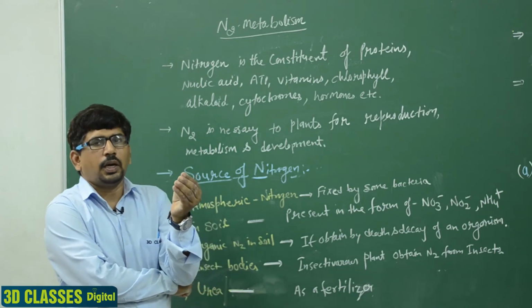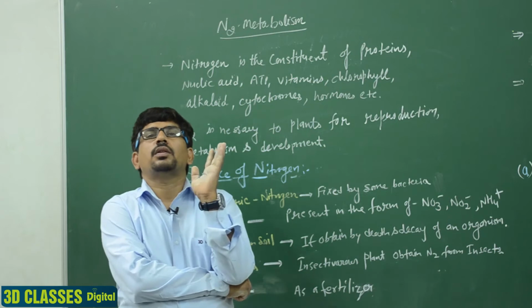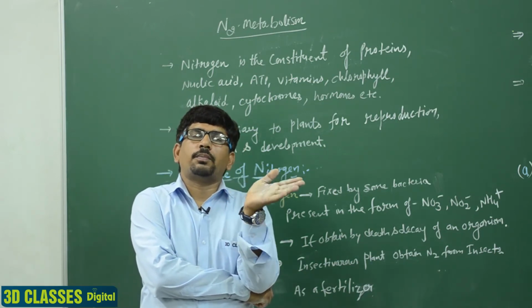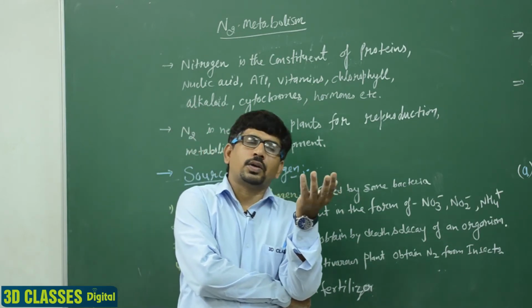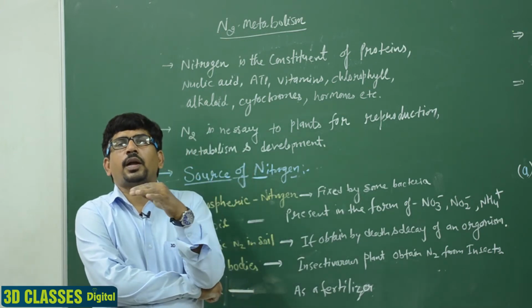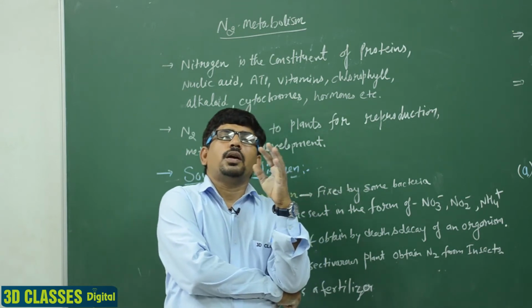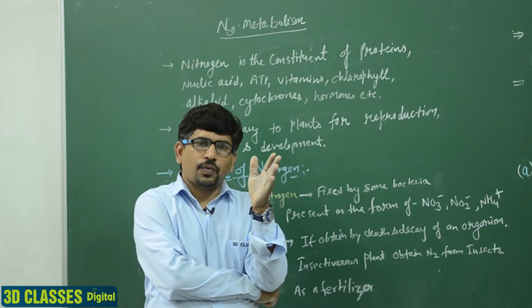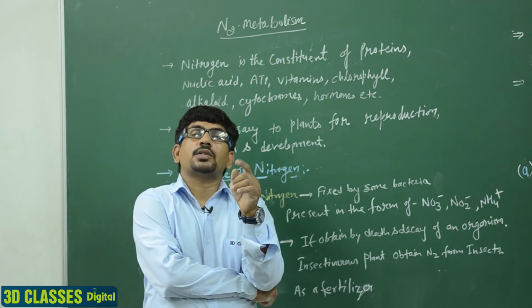Only a few bacteria are present that directly fix the nitrogen. Otherwise, nitrogen is obtained in the plant in different ways: by the death of organisms, in the form of amino acids, in the form of nitrite or nitrate. But generally plants do not obtain the nitrogen directly from the atmosphere. So we know very well the nitrogen is a critical element,